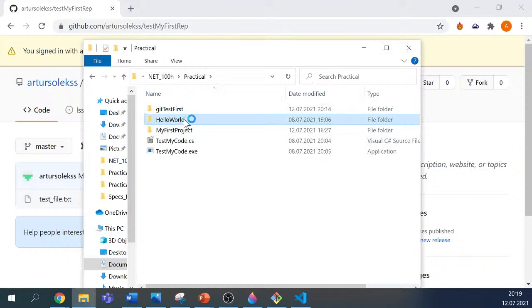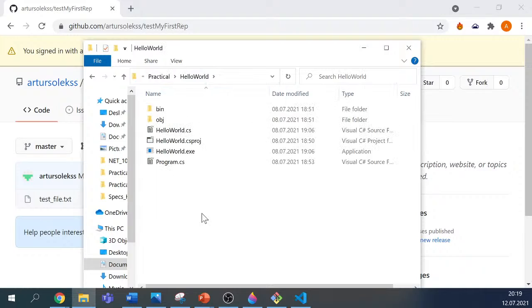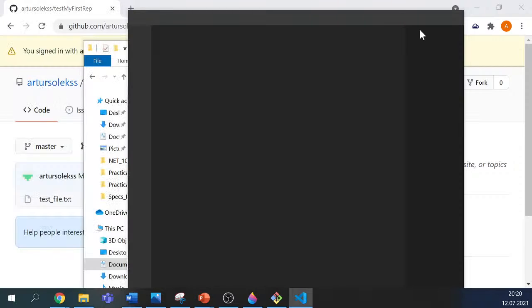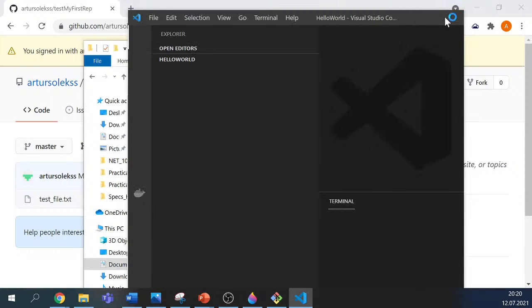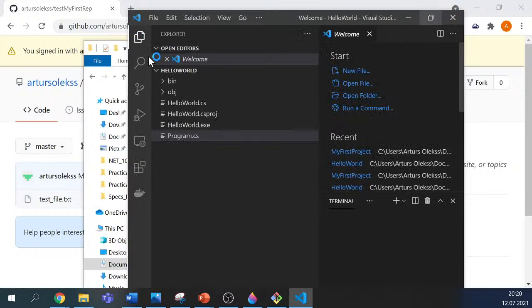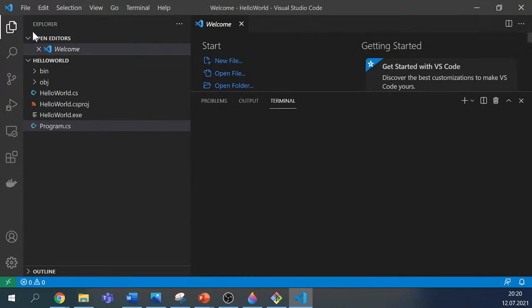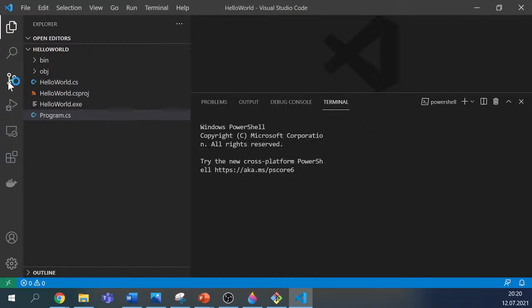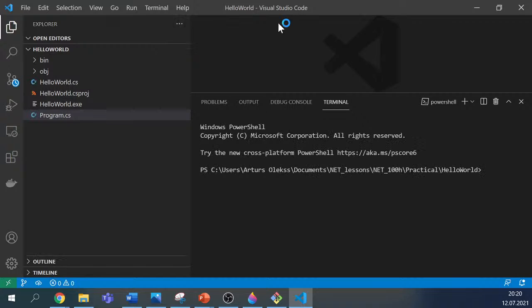Maybe then let's use this Hello World project as an option. Let's open it in Visual Studio Code. A moment. And now it should be here. In the IDEs used nowadays, in more advanced IDEs than Visual Studio Code,